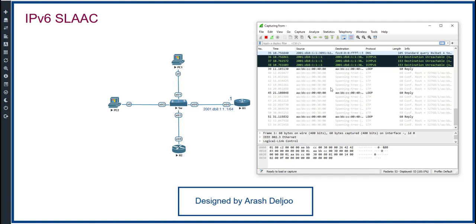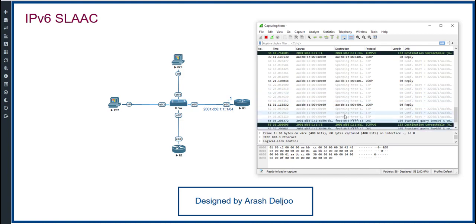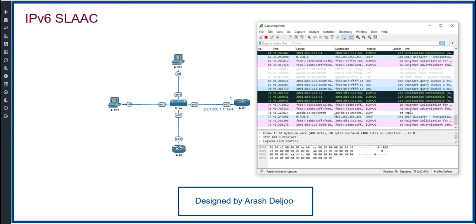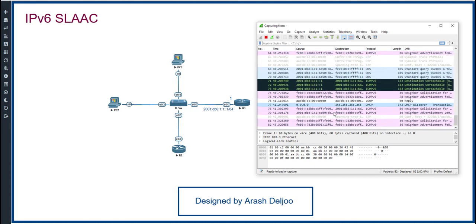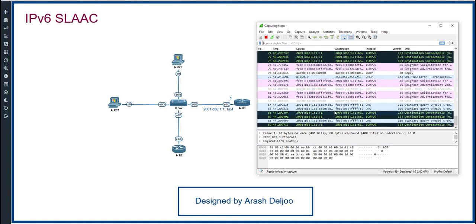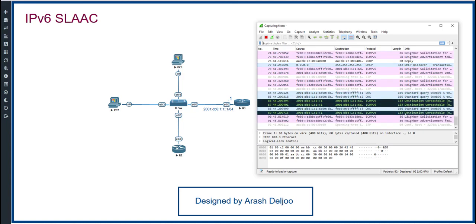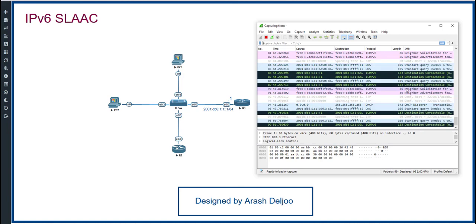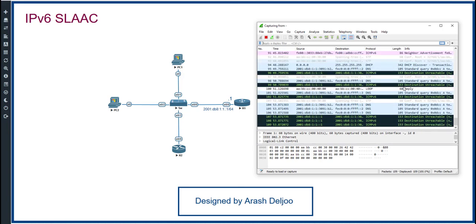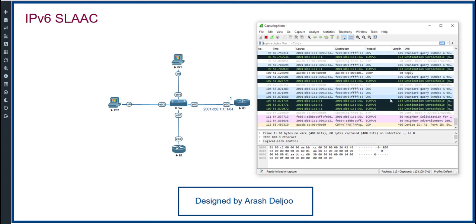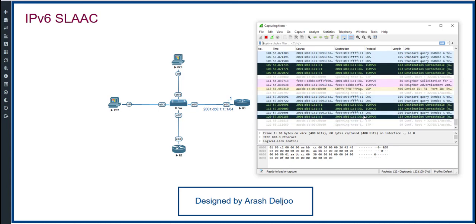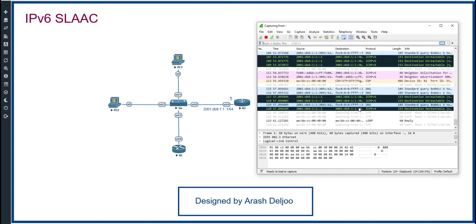RA, NS, NA, and some other things. I will show you. We need to wait some seconds because each RA message will be sent at intervals of, for example, 200 seconds. As you can see here, we have many IPv6 messages, but all of them are neighbor solicitations. I'm waiting to find one RA, or router advertisement. You know that every 200 seconds, one